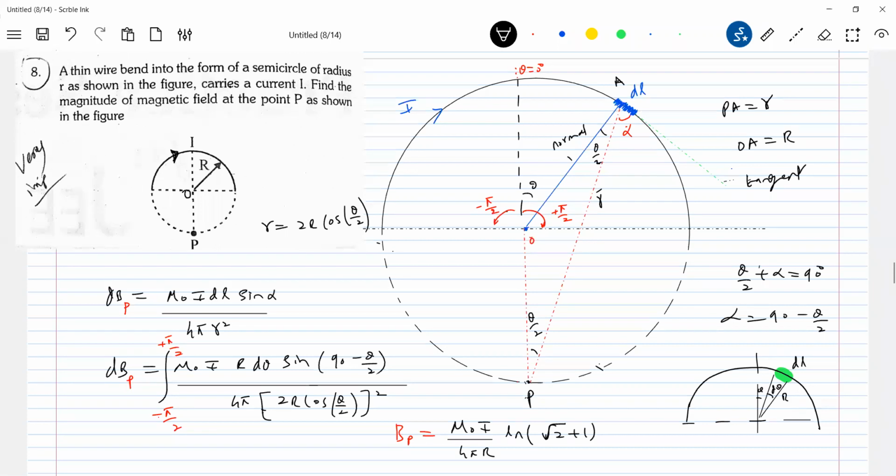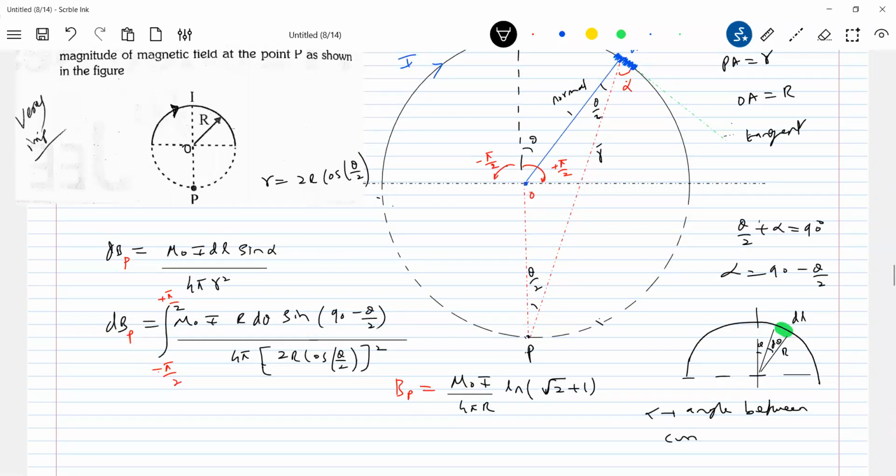A field at a point other than the center of a semicircular wire can be asked. So you should be very careful about the mathematics, nothing to do with physics. Always stick to the Biot-Savart law, the angle between the current element and R. Those things are what you should observe, the rest is all mathematics. That angle between the current element and the position vector has to be identified properly in the problem. If you can identify that, everything else will be very easy. So what is alpha? Basically the angle between the current element and the position vector.